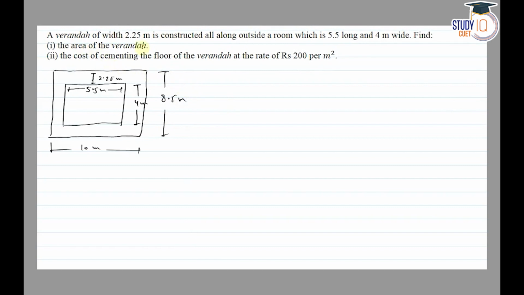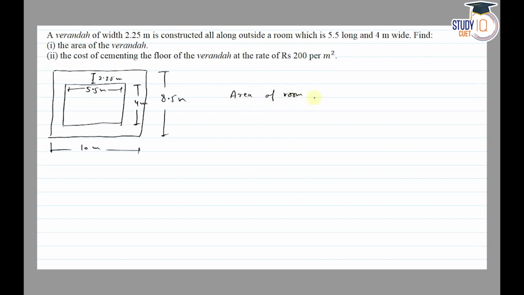सो हमें एरिया ऑफ वरांदा फाइंड आउट करना है. मींस इन दोनों रेक्टेंगल के बीच का एरिया फाइंड आउट करना है. मींस एरिया ऑफ बिग रेक्टेंगल माइनस एरिया ऑफ स्मॉल रेक्टेंगल. सो एरिया ऑफ